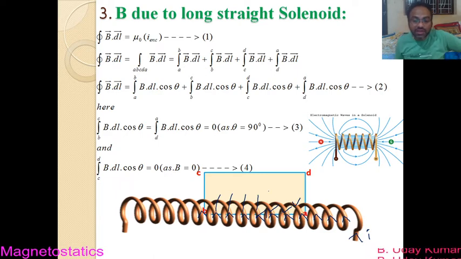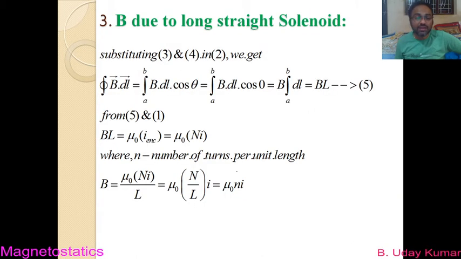So if you assume that the total number of turns that are present inside the closed path is capital N, then the total current that is present inside the closed path will be equal to N times I. So that is what you have to understand here, and that is what is written over here. So I enclosed is nothing but the total current that is present inside the closed path, which depends on the number of turns. Okay, so then the total current automatically becomes the total number of turns multiplied by the current that is entering in each turn. So that is what you have to understand.